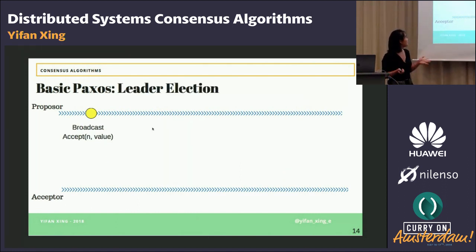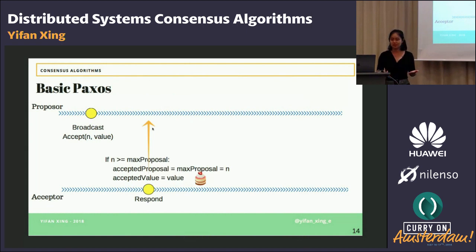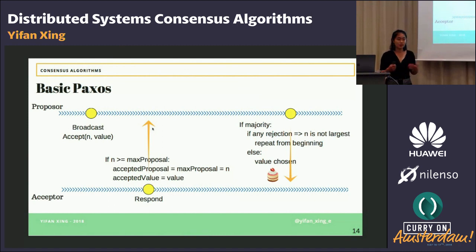And it's going to broadcast this to all of the acceptors. The acceptors will look at this proposal number again, and try to make sure that it's still the largest number that it's ever seen. If it is, then it's going to accept this value and also update its proposal number. And if our proposal, again, received a majority of responses from